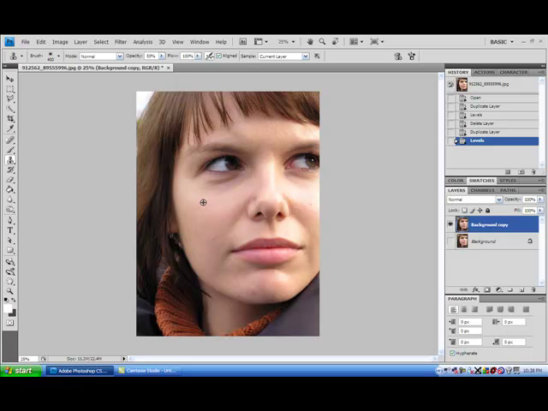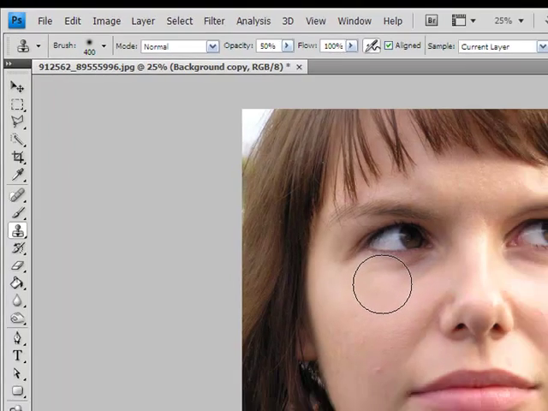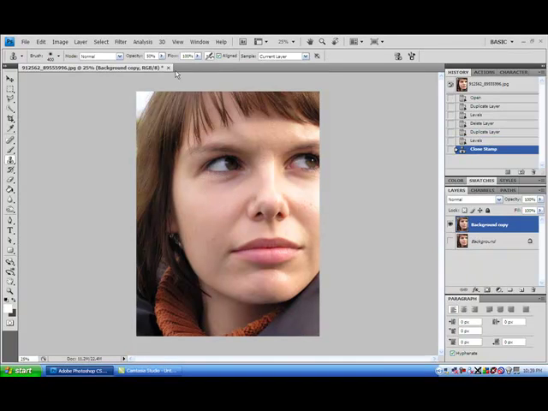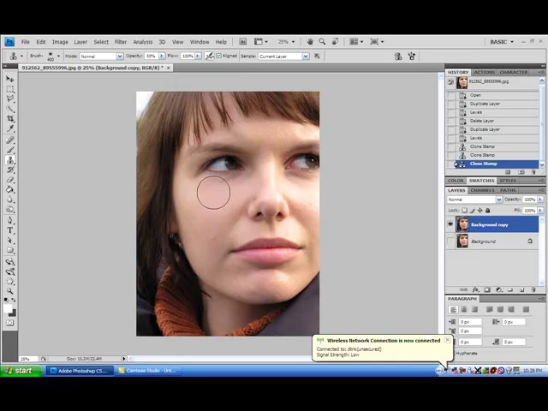So if I go Alt click, I'm cloning this area here. Then I would place it somewhere else. And the good thing about Photoshop CS4 is you can see where it's going to be and what it's going to look like. Also, keep your opacity down to 50% because you don't want it to be too harsh on the skin. So Alt click to the image where you want the wrinkles to go away or any of her blemishes or flaws. So Alt click, you just drag over here and just start clicking until you see a huge